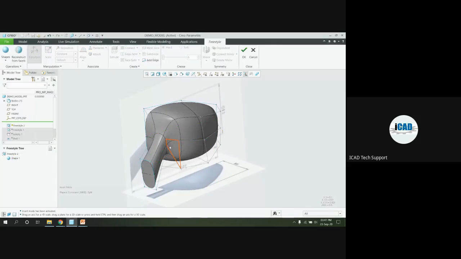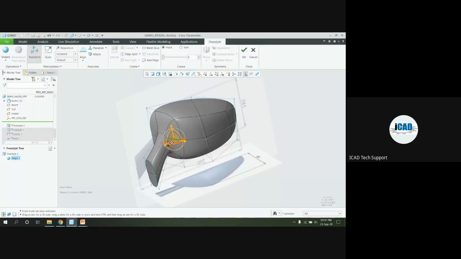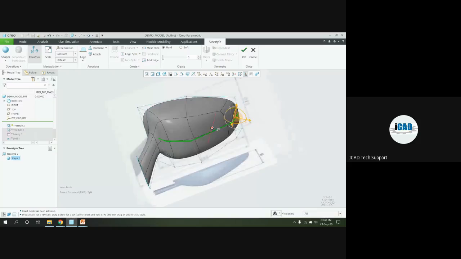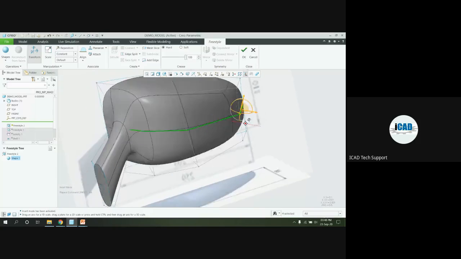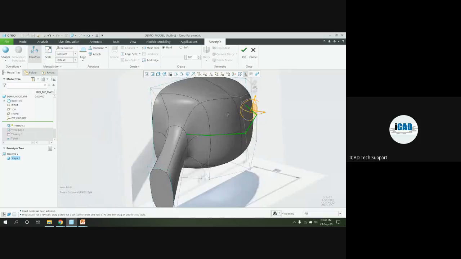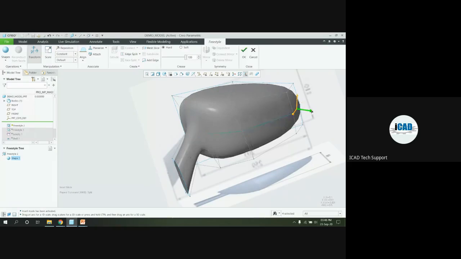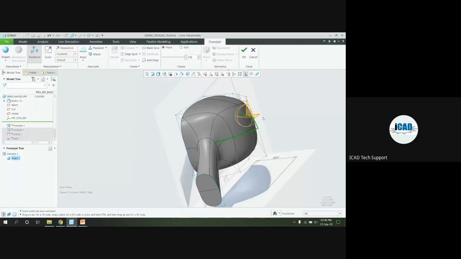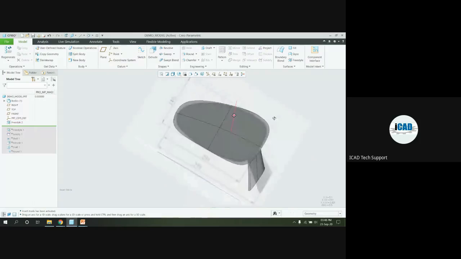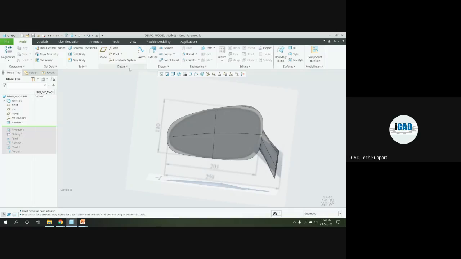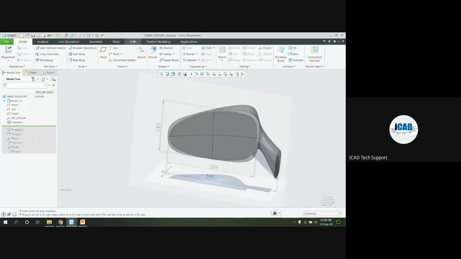After that, you need to press the control button and select the edges and click on the hardness, and you will get the option. Click on OK. Now you can see our surfacing model is almost completed, and after that we can also